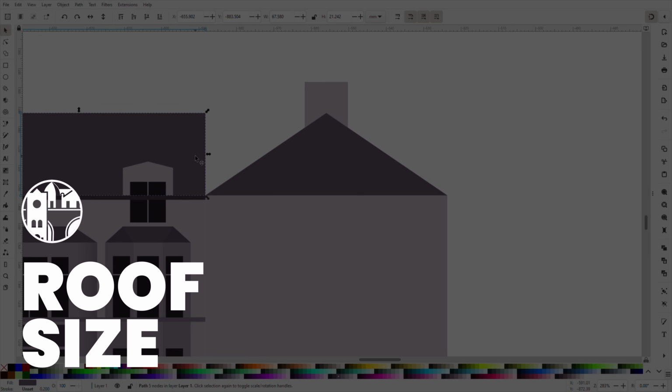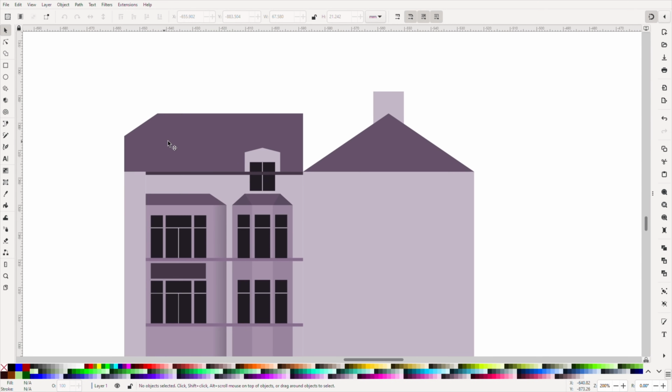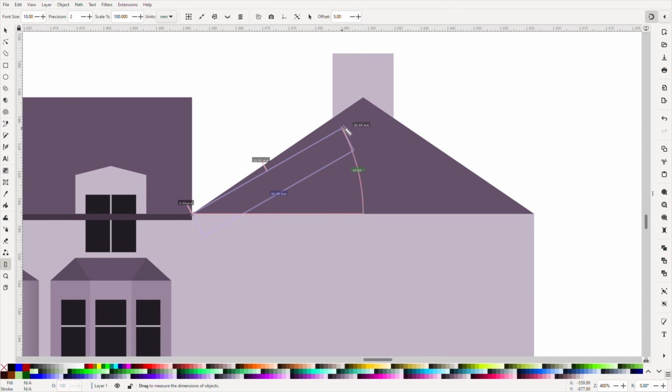Now let's concentrate on the size this roof needs to be to align with the gable. I've made 2 videos in the past on how to make roofs, and particularly hipped roofs, work very simply without needing computers or mathematics. If you find that interesting, I've linked them both in the description and hopefully they'll be of some use. So quickly then, I simply use the measure tool to measure the length of this diagonal,